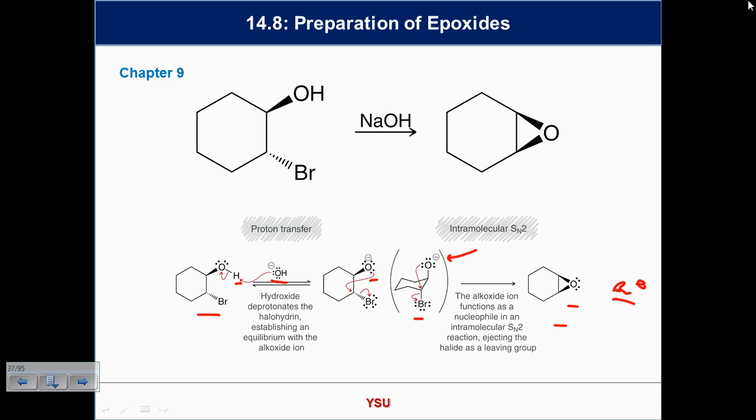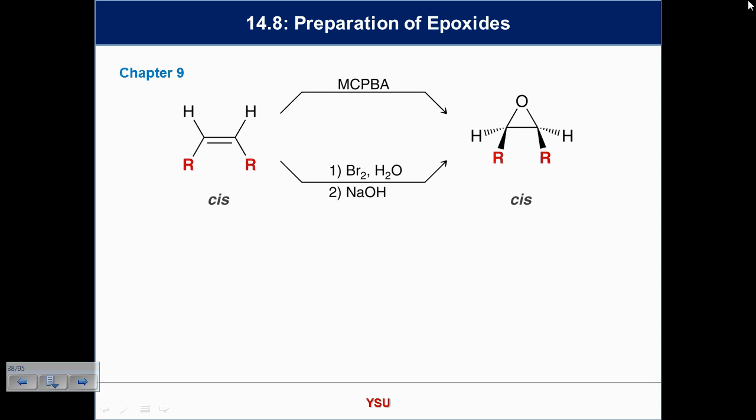You have two ways: add an alkene, an MCPBA, or do the bromohydrin process. So we didn't do much today, but we did a lot. If that makes any sense? We're getting there. Here we go. In terms of ways to do these things,